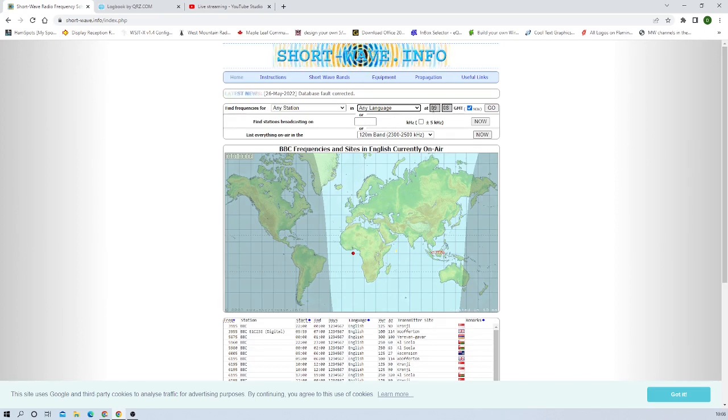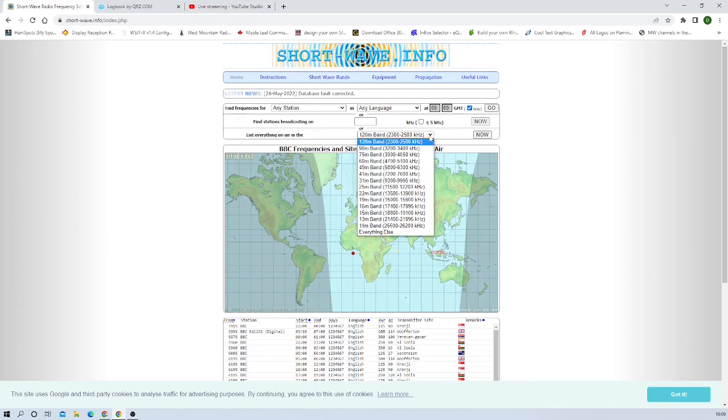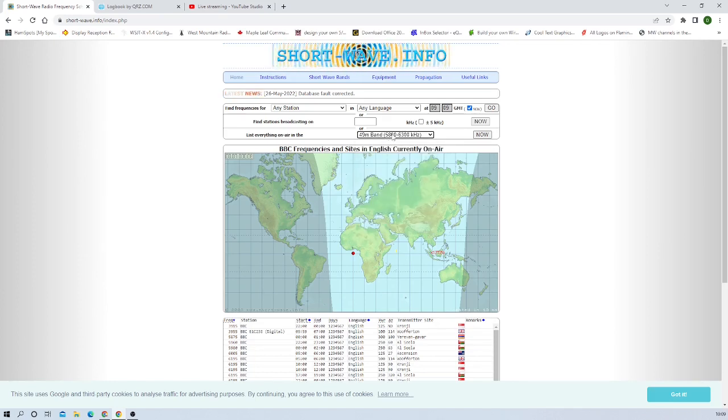The time here shows my local time here in the UK. And it says here, "list everything on air in". Now, I will click, go down to 49 meters. As you can see there, 5800, 6300 kilohertz. So in between should be some radio stations. Will you hear them or not? I'm not too sure. That depends on your location as always. Now, I don't think this changes outside of the UK. It may do. But when I click on "now",